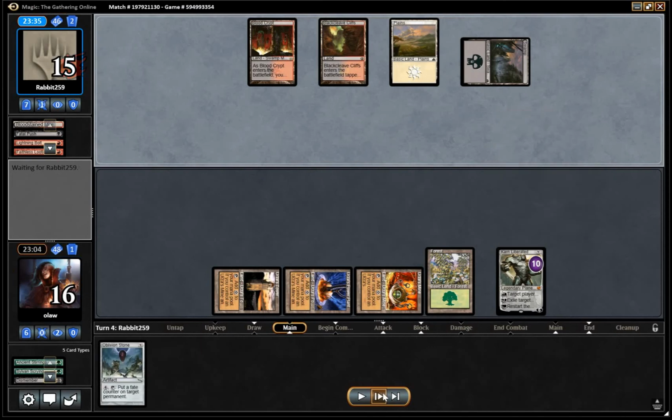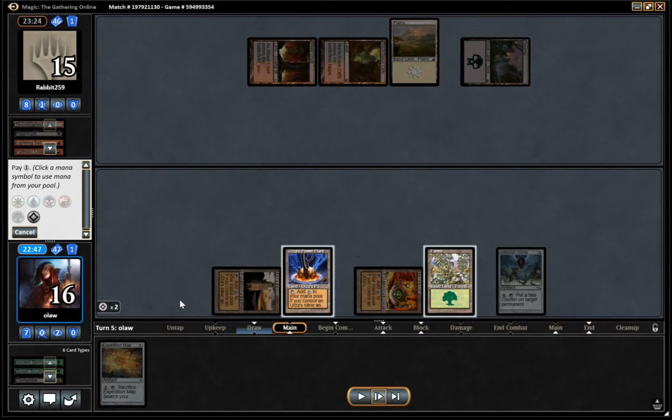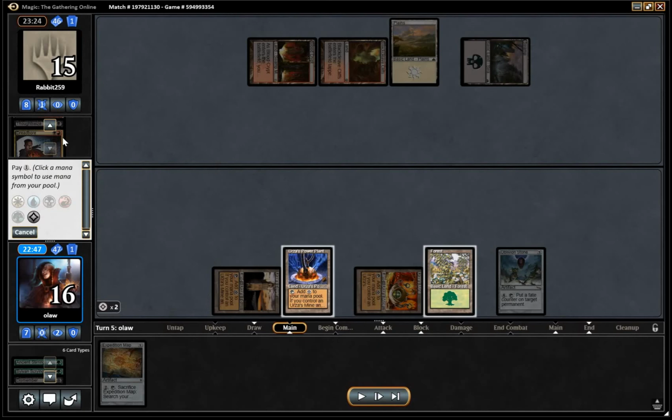Cast Thoughtseize, taking the Emrakul annoyingly, and also the Dreadbore for Karn. Dreadbore's sort of seeing a bit more play in general now that obviously Jace is in the format, and there's a few more planeswalkers around. But yeah, it's not something I'm used to running into, so had I known he was running Dreadbore, maybe I would have exiled something instead to get a bit more value, but as it turns out,